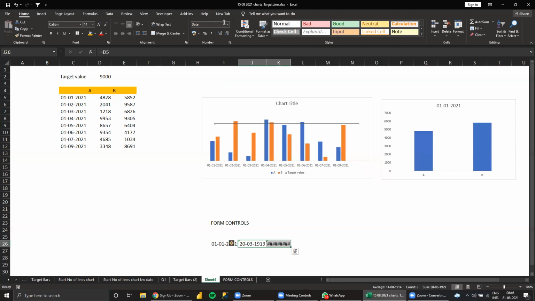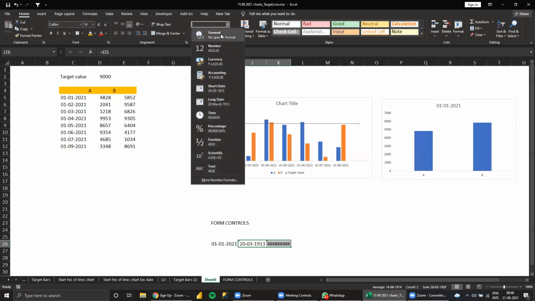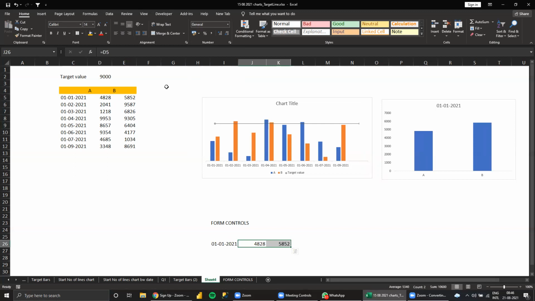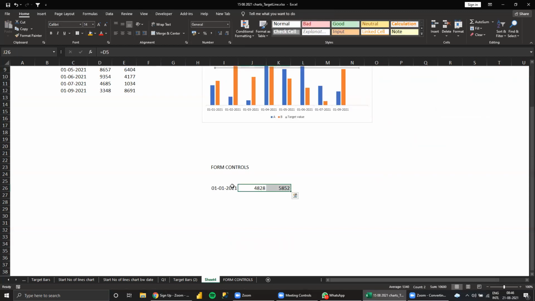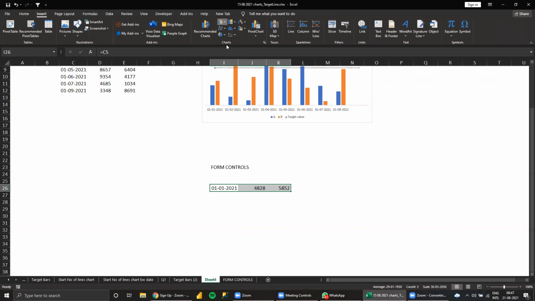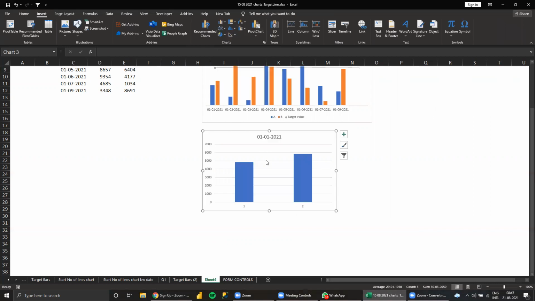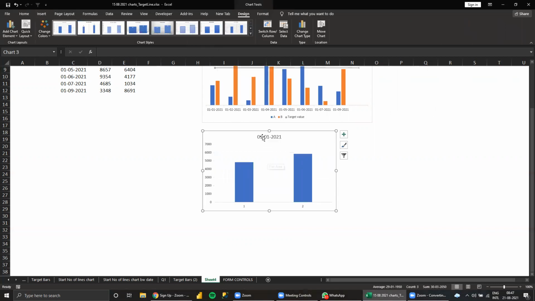So the number. See, this is 420. So I delete this chart. I'll give the chart based on this. So insert, and here show the chart for this date.